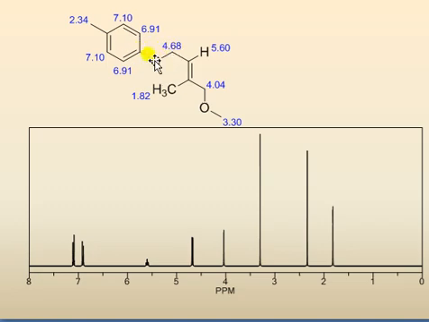This one is attached to this oxygen, which is attached to benzene, but this oxygen is attached to methyl. That's why it's much more downfield. And this is a little bit upfield because this oxygen is attached to CH3, and this oxygen is attached to the benzene ring. That's why it's much more downfield. This is this one, and this is CH3, this CH3, and this is methyl. This is a toluenic proton, and both are doublets.